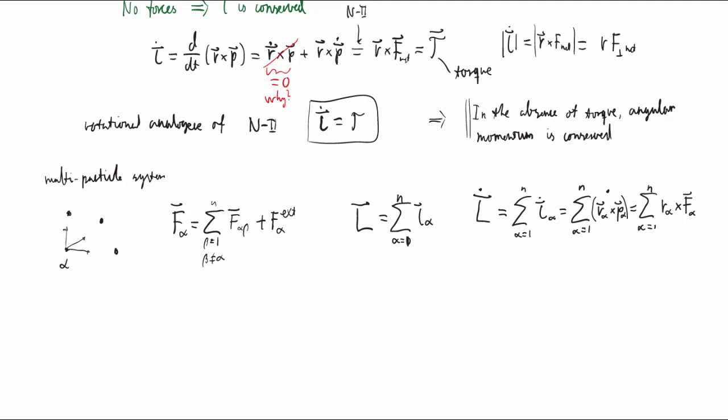Now F alpha has this form in general, but we can show, and we will in the upcoming homework, that actually the forces between the particles don't contribute here if they are central. So this is just equal to the sum over alpha of r alpha cross F external, and that's then just the external torque,